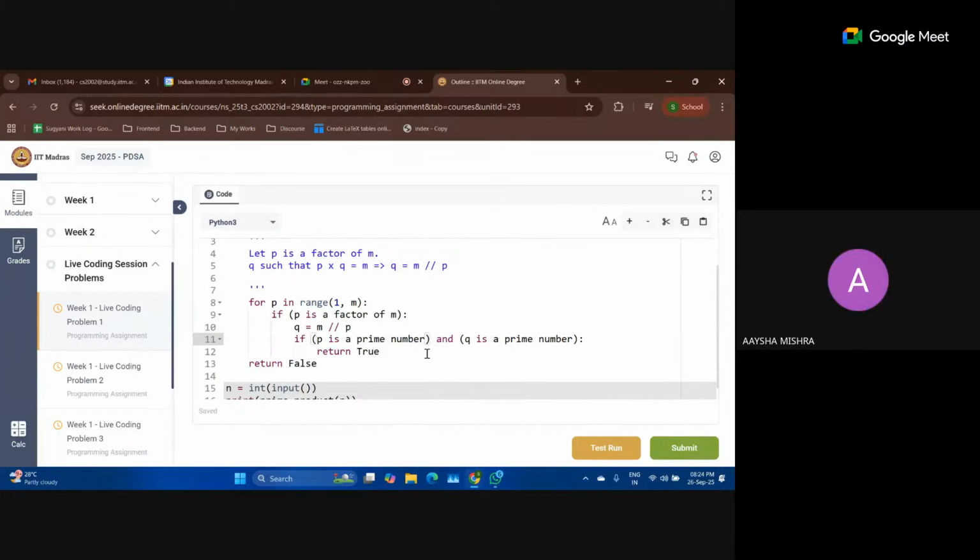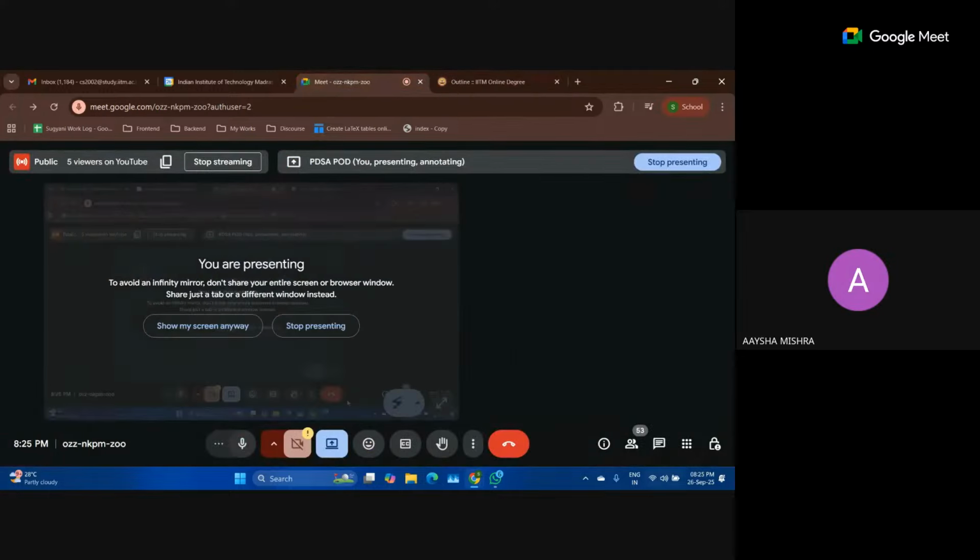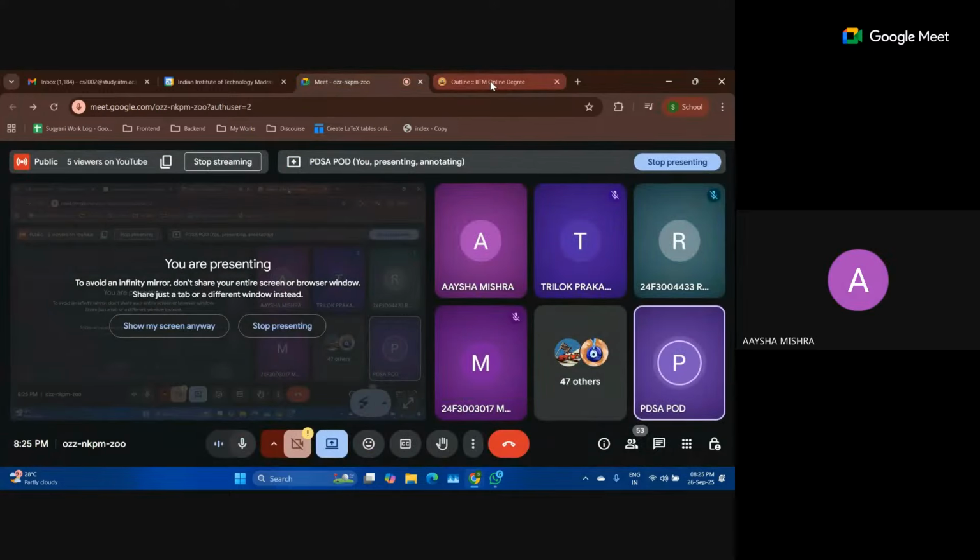Ma'am, if we are taking one, then every number is divisible by one. Hello, you're not audible. Am I audible, ma'am? Yes, now you're audible.